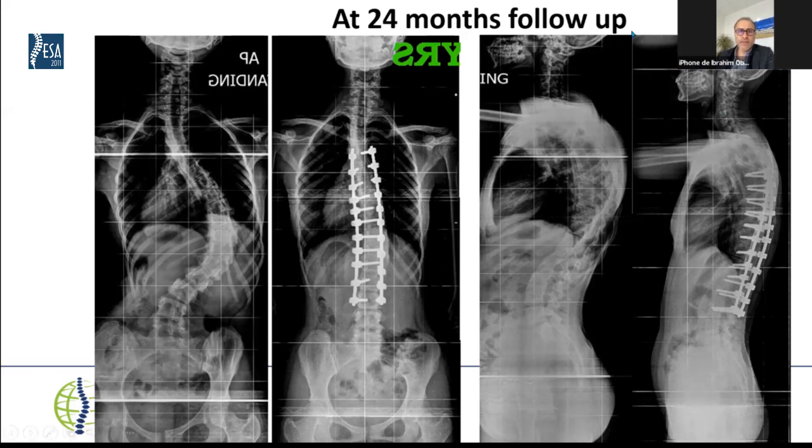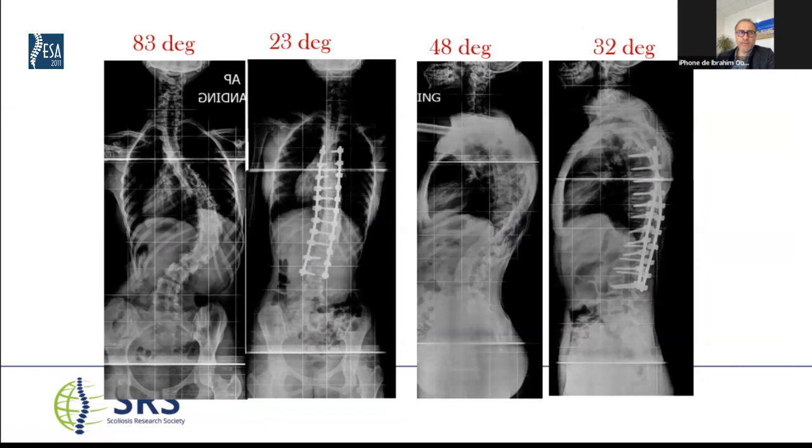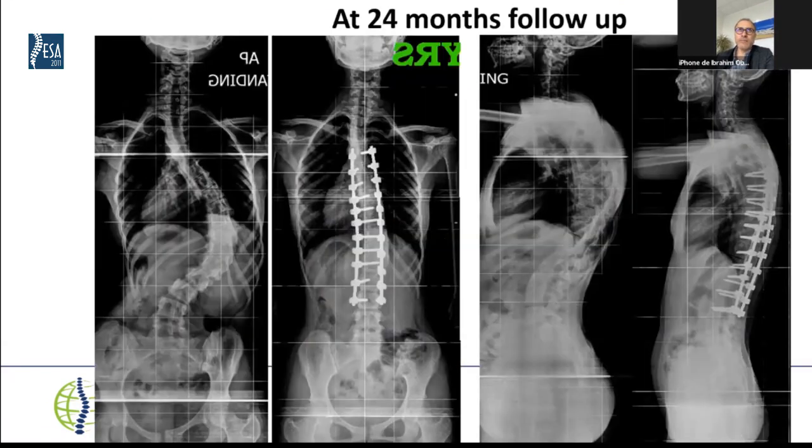Concerning the upper part, for me, I always try to measure the advantage of fixing until T2 or the advantage of leaving totally the upper curve. I don't like to stop in the middle of the upper thoracic. So I decide to go to T2 or T1 if the curve goes there, or I try to leave it completely. One of the factors is the presence of kyphosis between the two curves. In this case, it is not kyphotic. The angle is low, so it's not like 40 or 50 degrees upper thoracic. So for me, I prefer to have